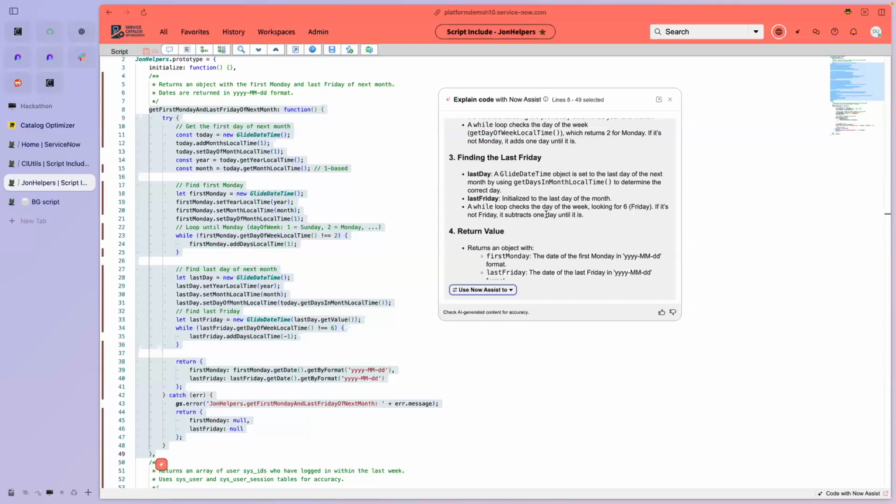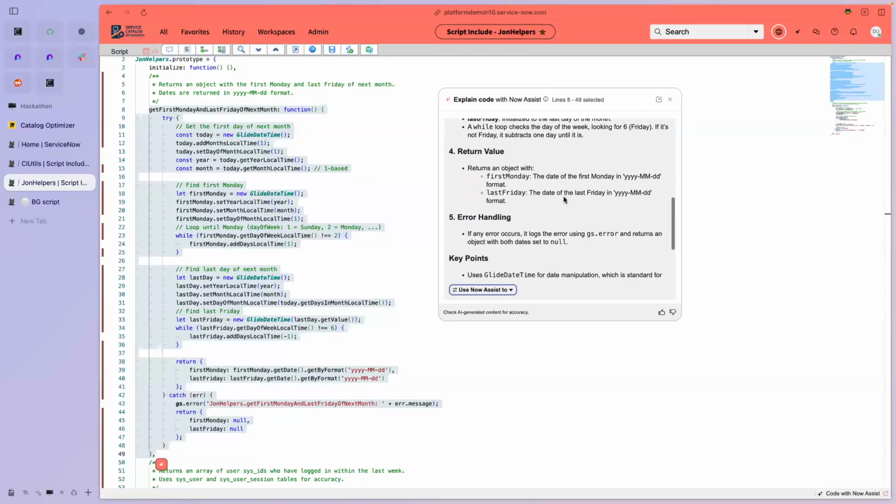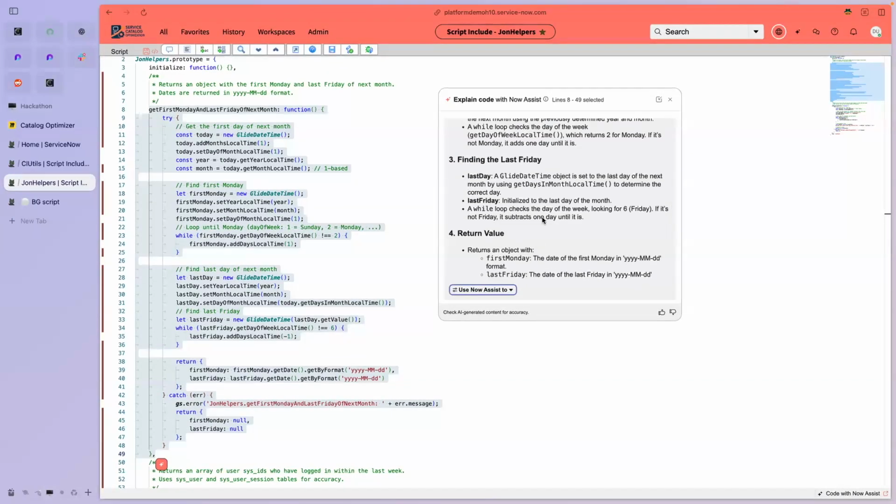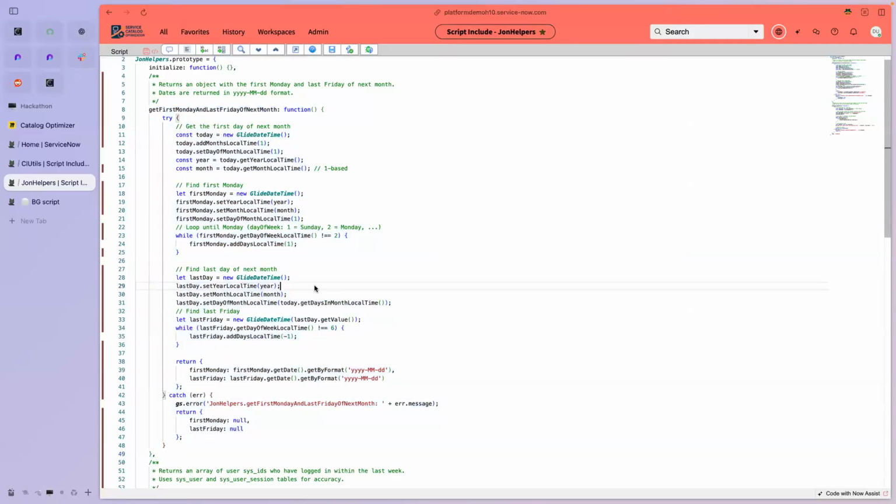So I can see what it's trying to do, right? It's trying to go to the first day of the next month, and then look for the next Monday, using glide date time, and then find the last Friday. Okay, so cool. I think we can figure out what's going on here. So I say, okay, if it's off by one, first Monday, set month local time, set month local time one,